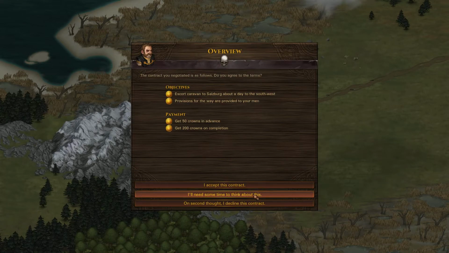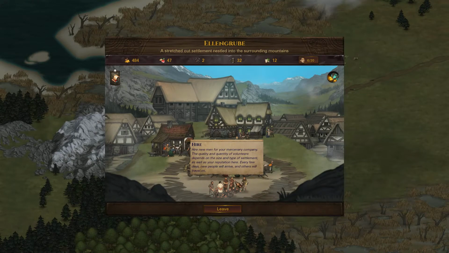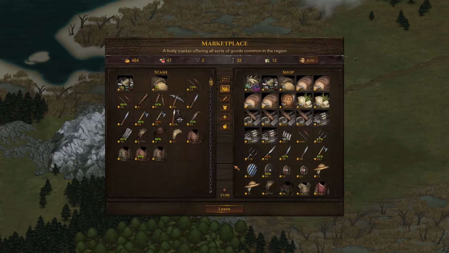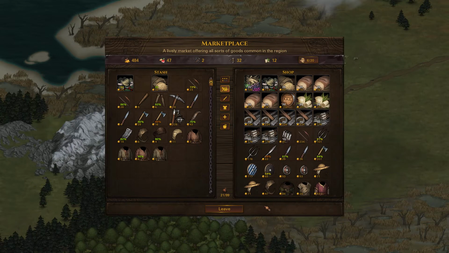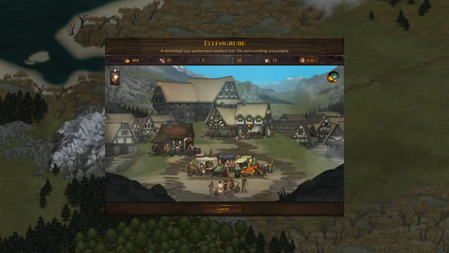In the southwest, to Salzburg. About a day to the southwest. And we won't have to pay or provide provisions. That's nice. We'll need time to think about it. And go to the marketplace, just to check if we should buy something before we go. But I don't think we really can afford anything. And the same with...